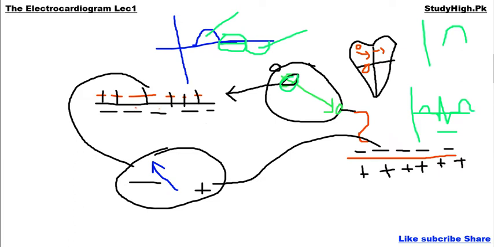And the second important thing that you must remember, which I have explained: when all atrial muscles are in depolarized or in repolarized form, there will be no potential recorded by the potential meter or our electrocardiographic leads. Electrocardiographic leads or voltage meter will show positive deflection when one portion is in depolarized form and the other portion is in repolarized form.